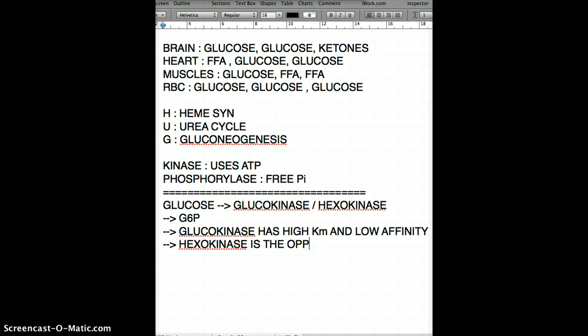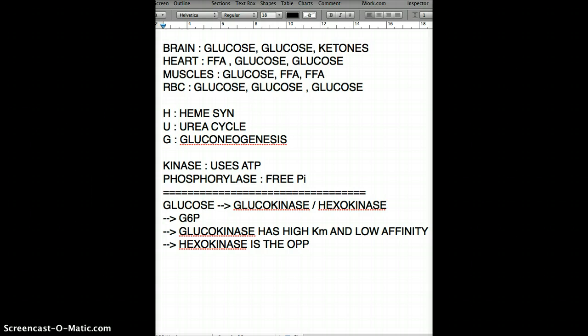Okay, it has low Km and high affinity. What does that mean? It means that for glucokinase, you need lots of sugar, lots of glucose to stimulate glucokinase. Okay? For hexokinase, not so much. So obviously it makes sense, because so much sugar moves to the liver right after a meal that we don't